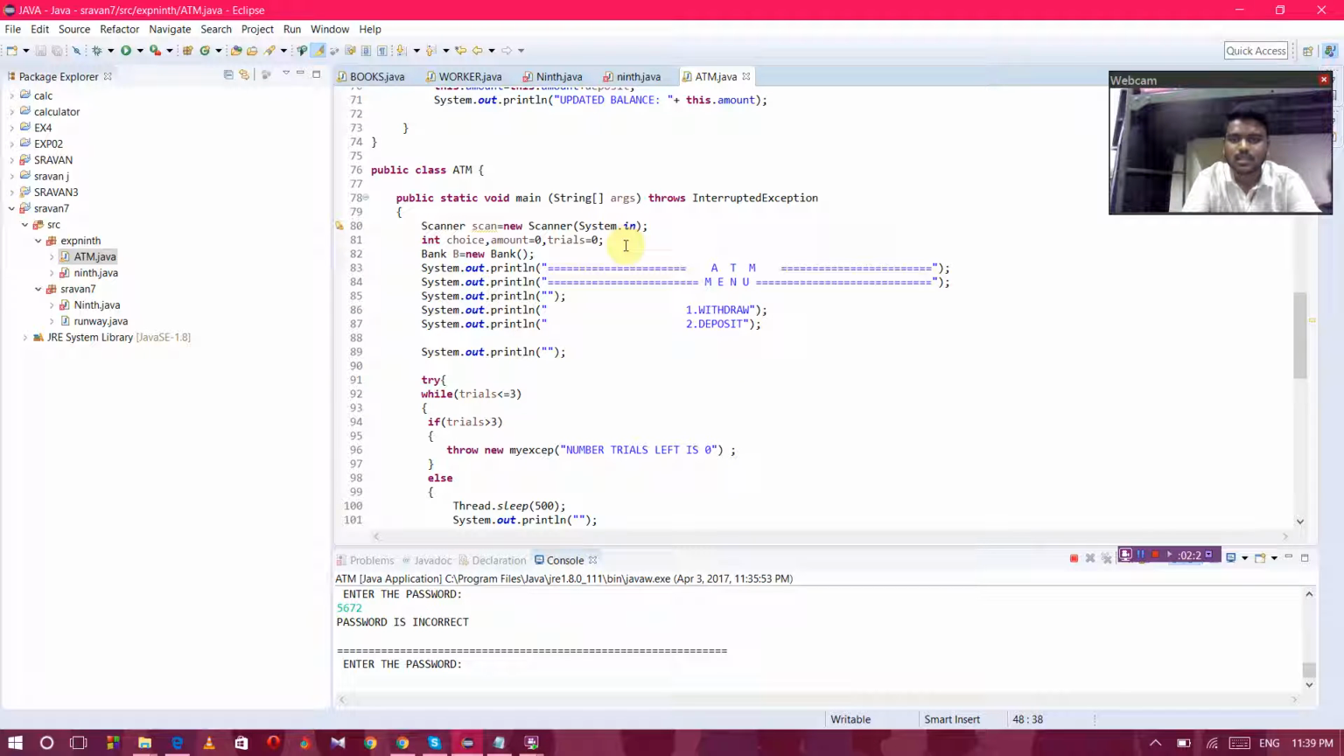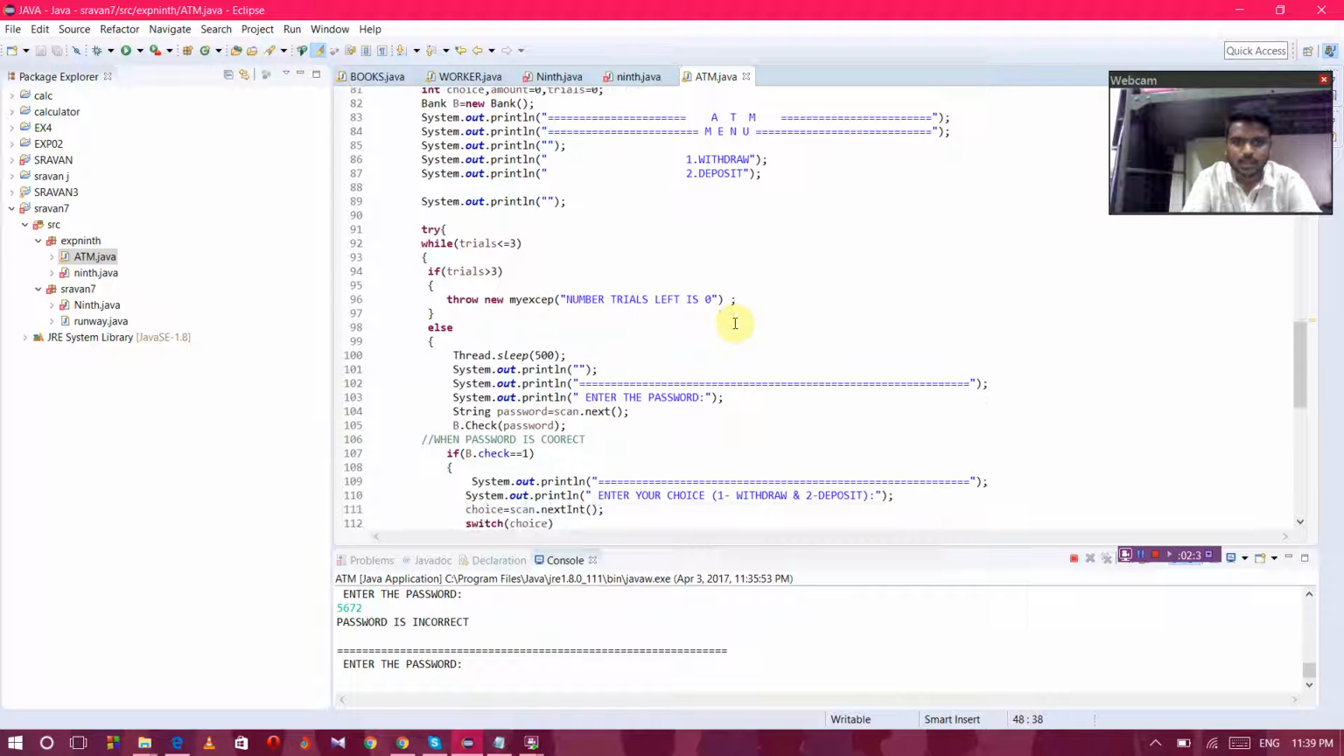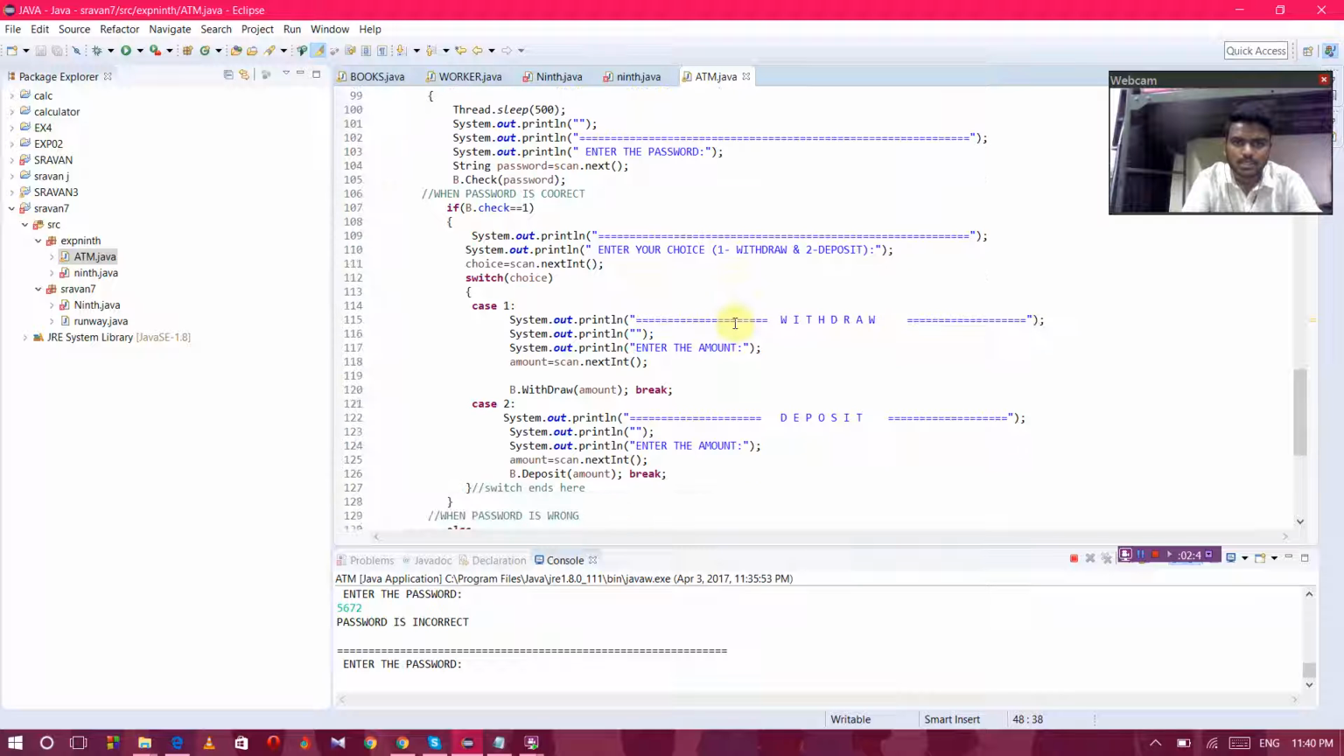Here is the main function. Here I have given menu driven input to the user for the various operations that are performed in the ATM. If the user performs more than 3 trials, then it will throw an exception, number of trials is 0. And when the user enters the correct password, then you will be able to access